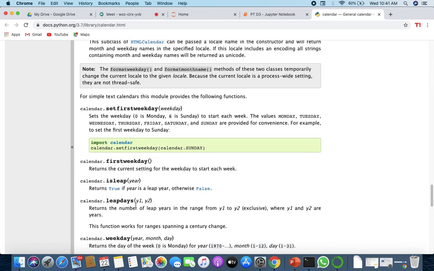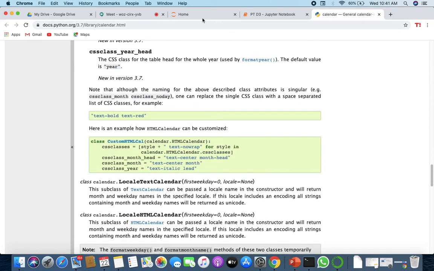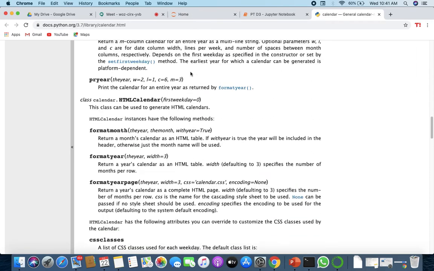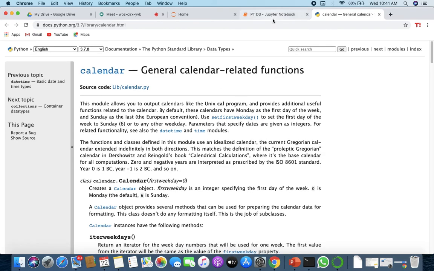Leap year, leap days is used to find. There are libraries working. That's why I'll say that Python has extensive libraries to work on for its methods, right? So we'll be using it to print out the calendar. So let's say I want to find just the calendar of some particular year. So for that what you'll do is,